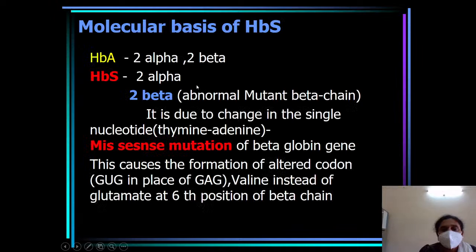So that means, in the structure of normal hemoglobin A, if you look at the composition, the two beta globin chains are there. In each beta globin chain, at the sixth position,